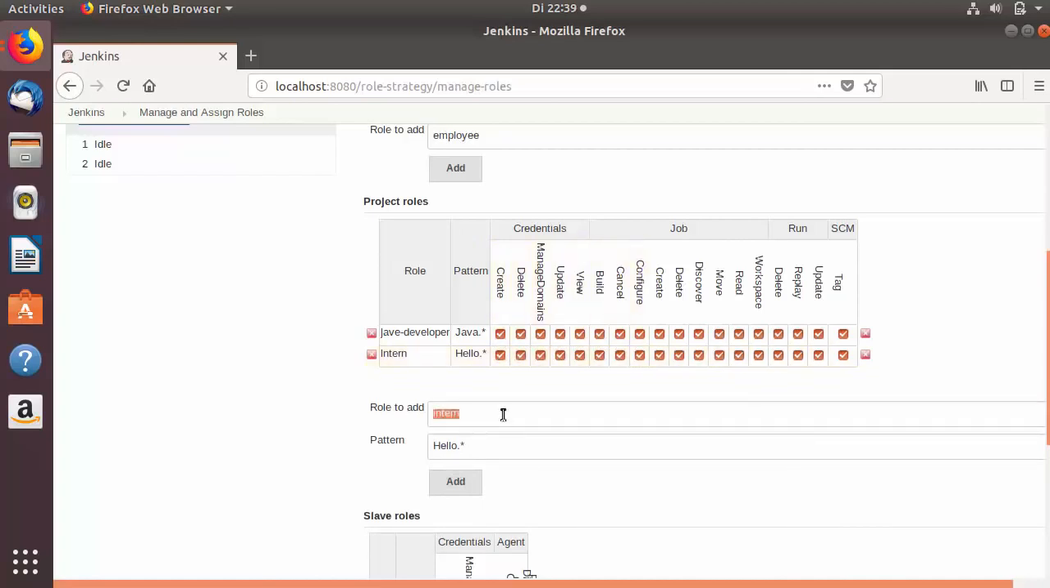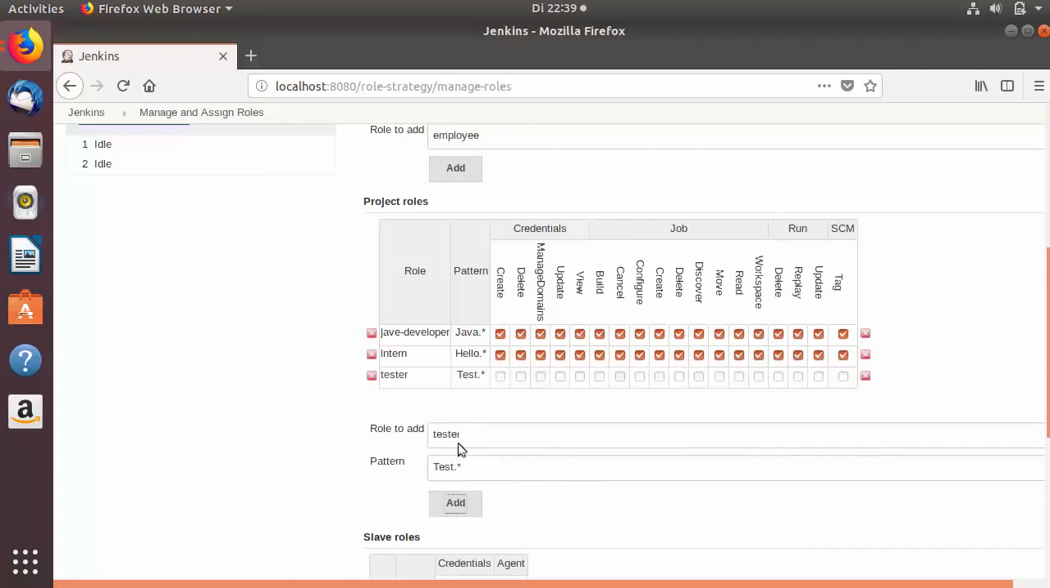Now let's add one more project role here. For example, tester. The tester will have only the access of the projects whose name starts with test. So I'm going to add this tester role, and then I will provide the access to this type of project to the tester. Once these roles are created and you have given all the access for these projects to the roles,